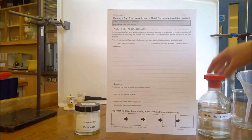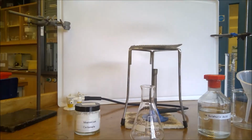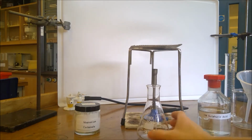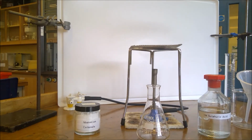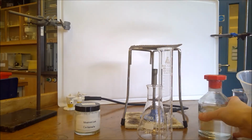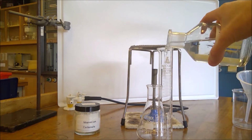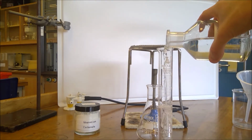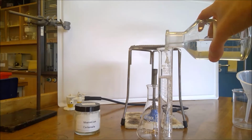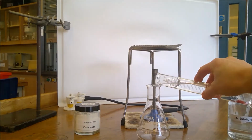So first of all, we need to measure out the acid that we're going to use. So you should have already decided that because we're trying to produce magnesium sulphate, the acid we choose is going to be sulfuric acid. And we are going to measure out 50 centimeters cubed of our acid. Now we'll pour that into our conical flask,